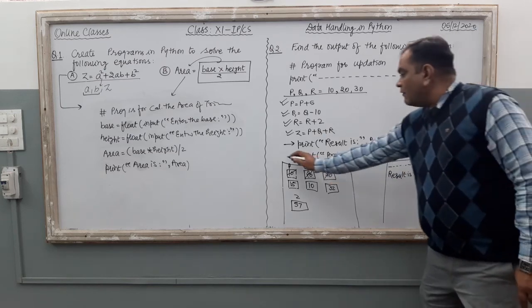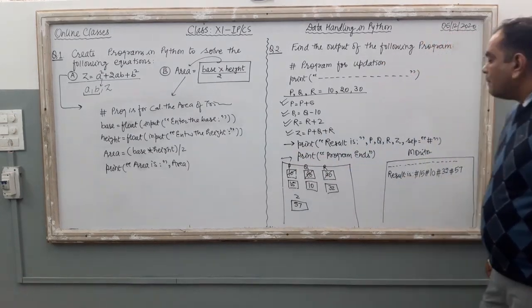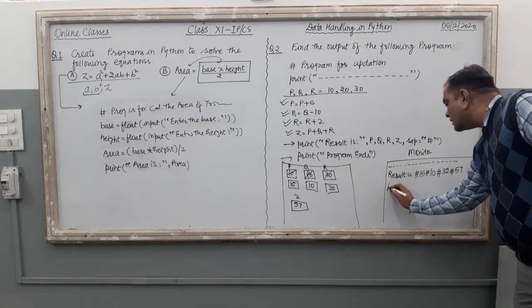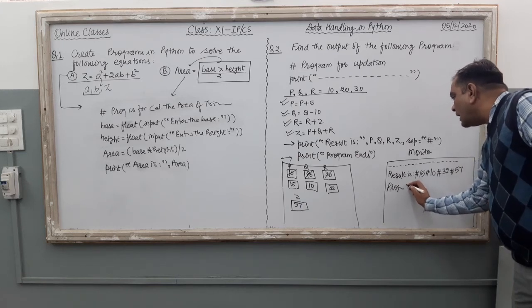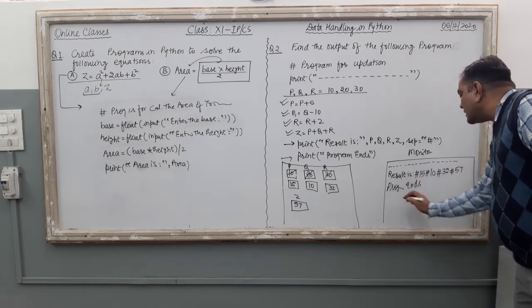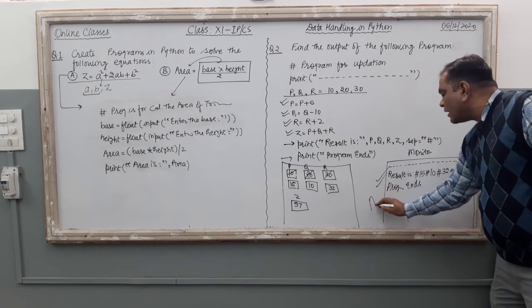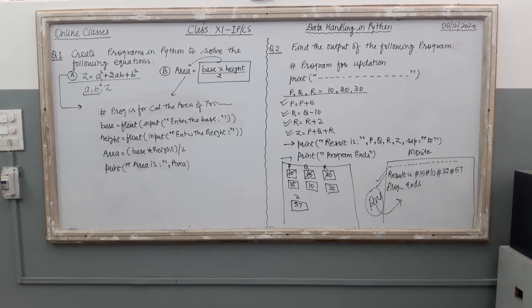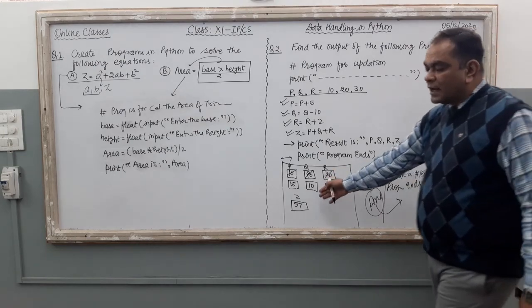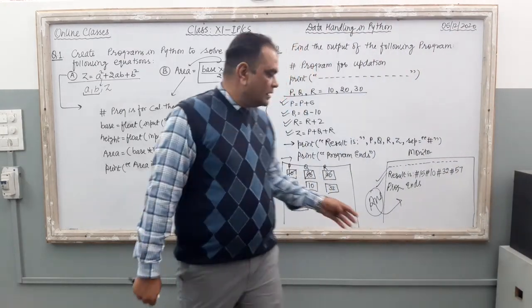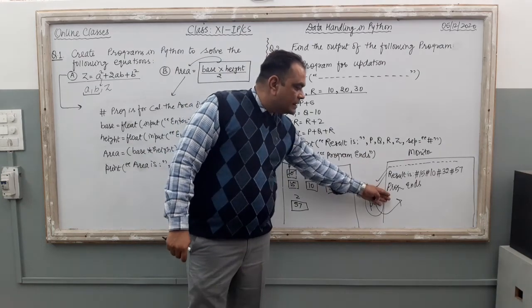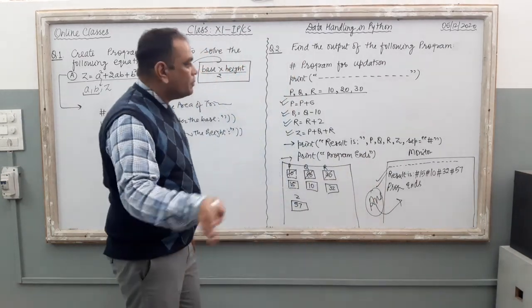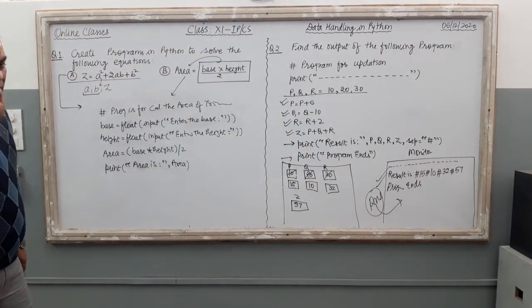Now the last one: when the computer is going to execute this line, print program ends. Here in the next line, the program ends will be there. So this is your output. You have to write the same output for the question in the answer sheet. Right? This calculation you will do in the rough paper, but your answer is this one only. Yeah, I hope both the questions are clear in your mind. Thank you very much.